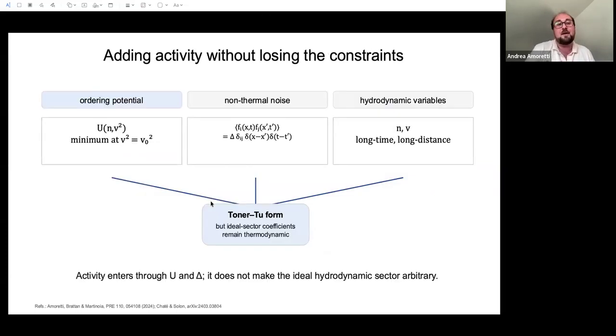Now, of course, at this moment we didn't actually add any activity into the system. We just required that we have a system that is boost agnostic and is consistent with some thermodynamic equilibrium in which the equation of state contains the velocity v0. Of course, one should check that if you add to this framework the activity potential, so the ordering potential U and the non-thermal noise, you still have the same condition on the lambdas. And indeed, you find that from the generating functional perspective, the story is not modified by this. Okay.